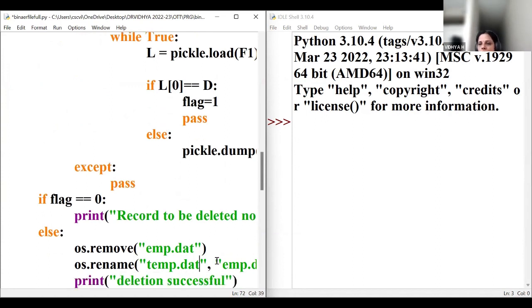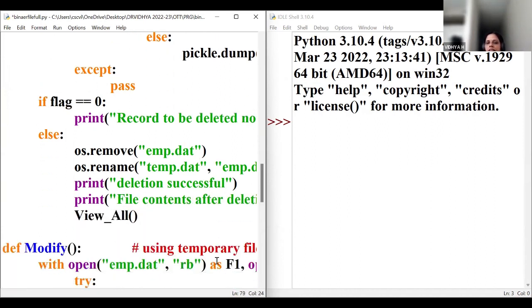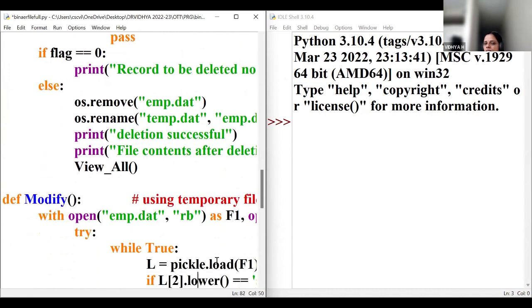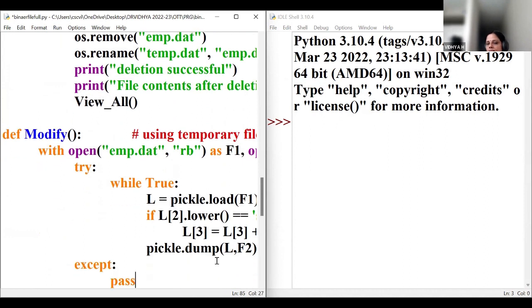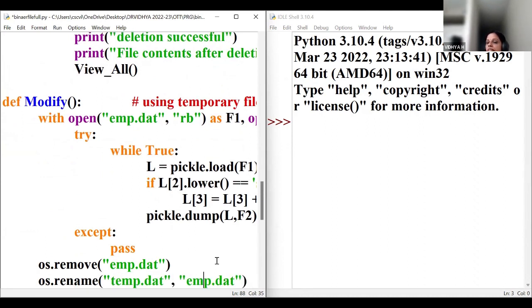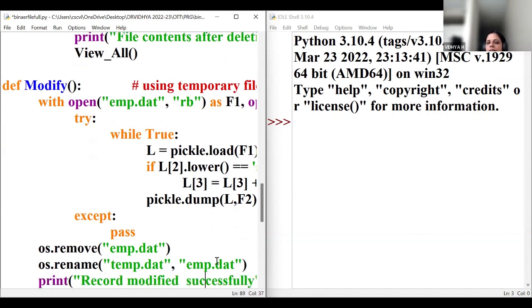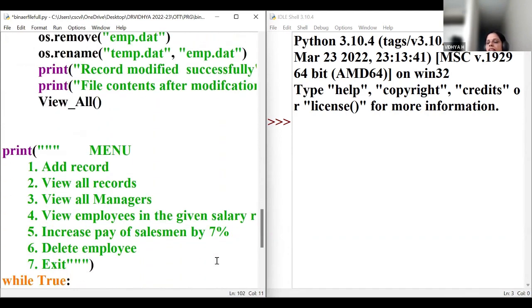I hope the program is very clear. I'll post the same program. You also please try. By doing this, we can show deletion successful, and you can give all this modification if you want. Modification is similar to deletion, but we will overwrite. Nothing else we are doing, we are taking every content and overwriting it. Some people, when you search, you can see the seek method and tell method used. That is not required because it's not covered in our programs. And all these menus are present to complete the